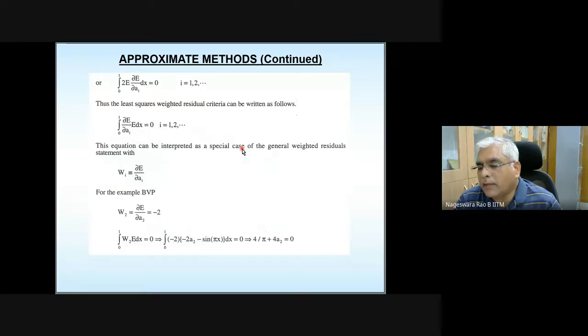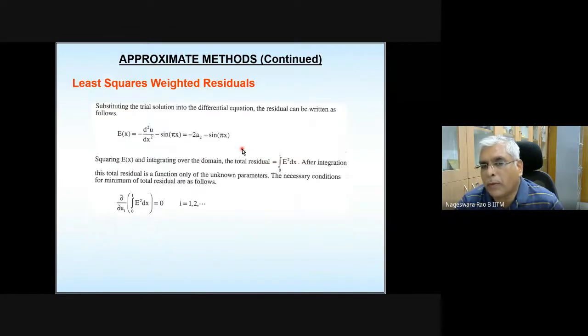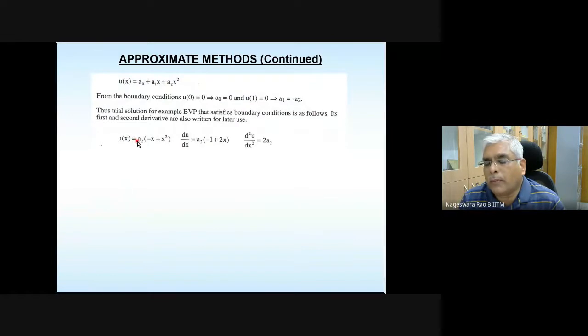When we started with the quadratic trial solution for this problem, only one unknown parameter needs to be determined. So in both the collocation method and the least square weighted residual method, you solved only one equation. And please note that